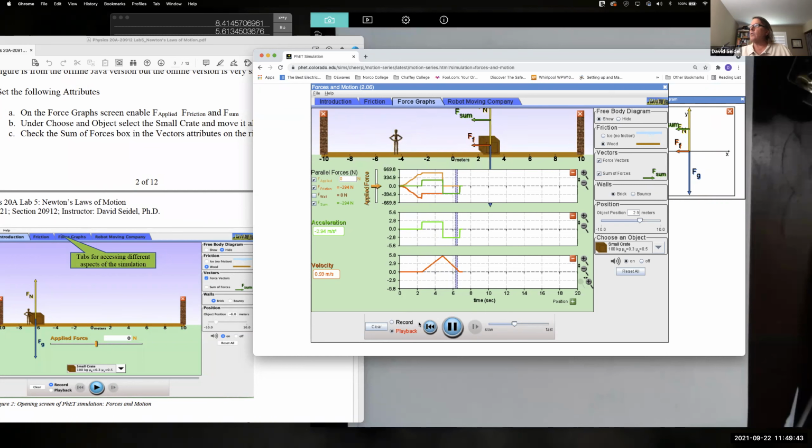Okay, so let me repeat that. Reset it and play back again. The forces come on, and my sum of the forces is pointed to the right, because I'm still pushing. Pushing, pushing, pushing. Now I let go. Notice my friction force never changes at this point because it's all kinetic. And this is the free body diagram as we go through it.